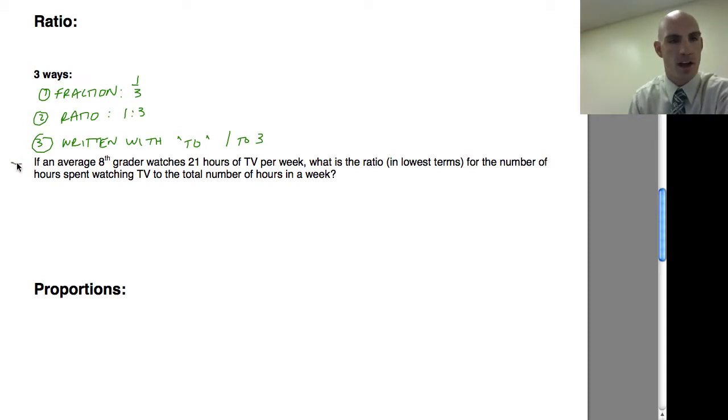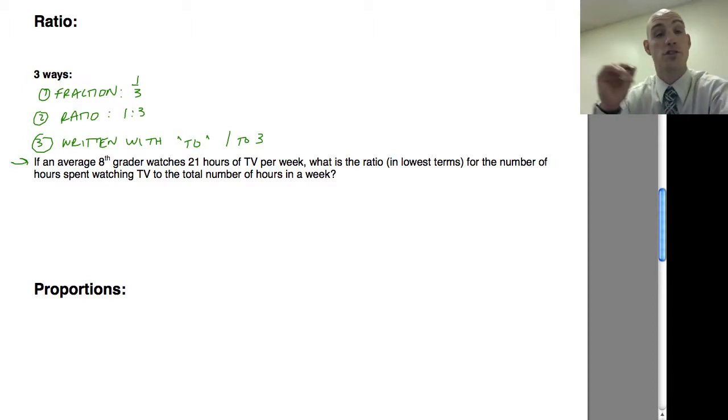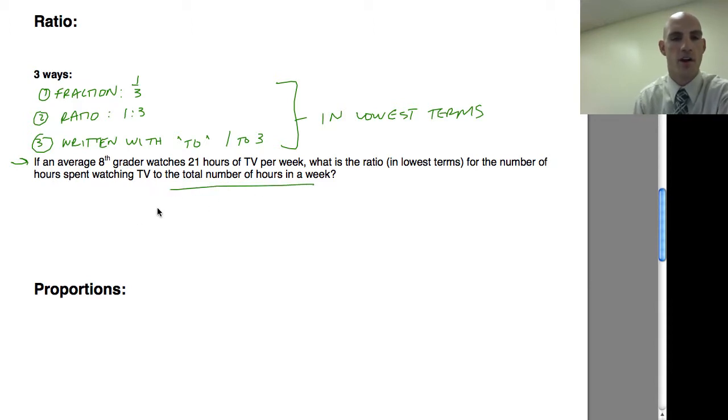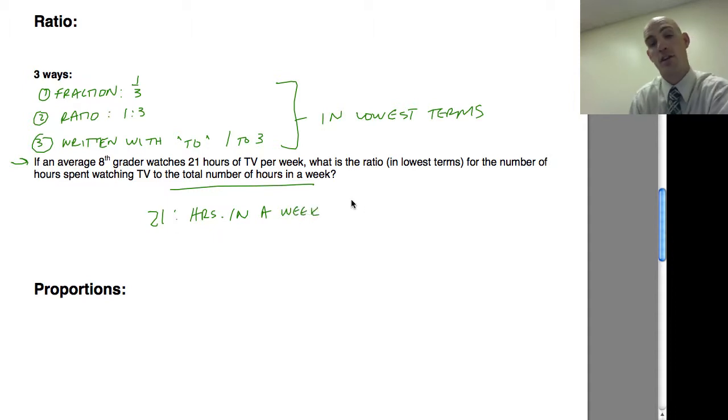Here's an example. If an average 8th grader watches 21 hours of TV per week, what is the ratio, of course always in lowest terms, because ratios are always in lowest terms, of the number of hours spent watching TV to the total number of hours in a week? So I know that I'm going to be comparing this 21, which is the number of hours they spend watching TV, to the total number of hours in a week. And so if I set up this little comparison here,